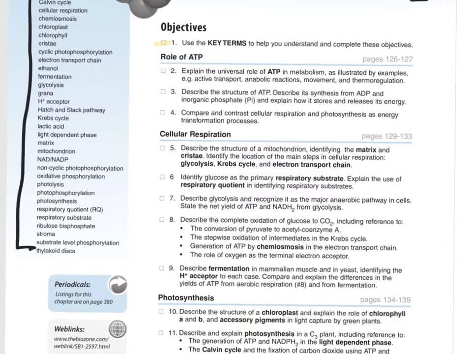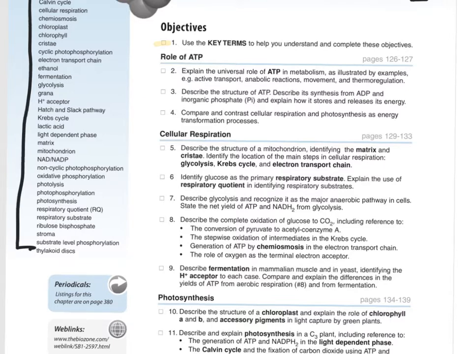how do you know that you know them? That's where study group comes in. That's where you can say, hey, do you know what ethanol is? Where's ethanol made? Where does ethanol come into this? Oh, ethanol is in fermentation. It's in alcohol fermentation. Oh yeah, that's right. That's what happens when there's no oxygen available. Okay, cool. That conversation should be happening in a study group.